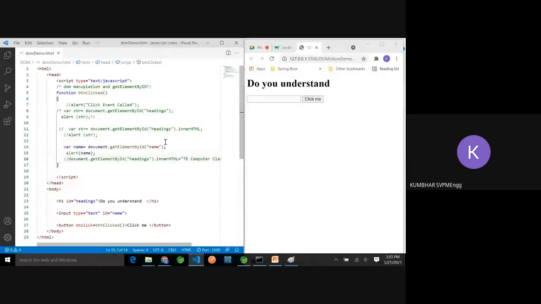So what I have done, I am taking the value in a name variable, or let me change. There should not be any confusion at the beginning. Let's say currentName equal to document.getElementById name. Now I want to print this name in the alert box. So if suppose I type something, let's say hello, tell me after clicking on this, click me, what will it print? What will it print?